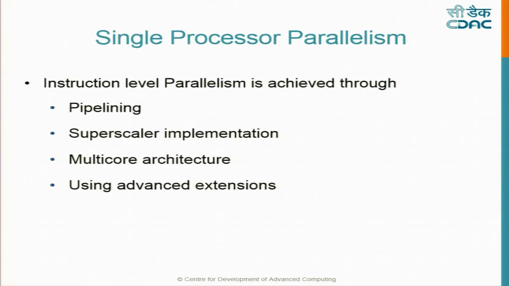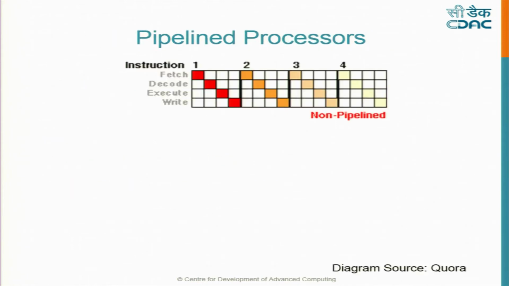So instruction level parallelizing, that is single CPU. In this you can do pipelining. You can do what is called superscalar. I will explain each one of them. This was explained to you in the pipeline processor. A processor which is non-pipelined does fetch, decode, execute, write. Then fetch, decode, execute, write. So 4 cycles per instruction. In the morning he said 5. There was one more in that, but this is memory access, something like that.